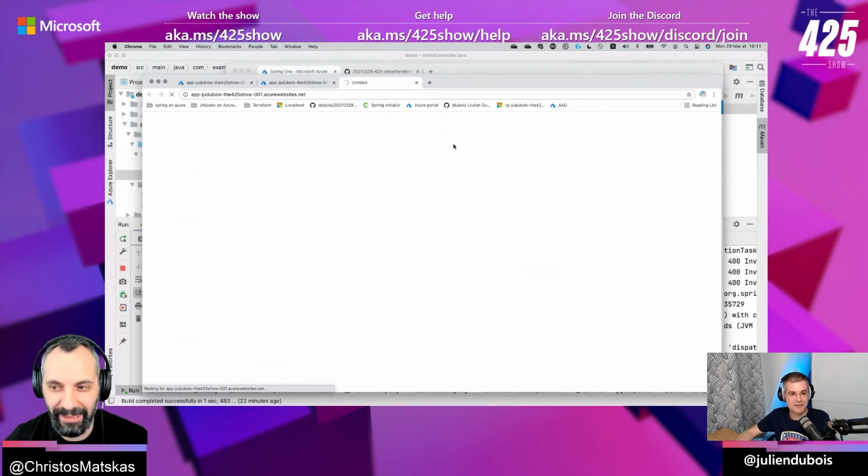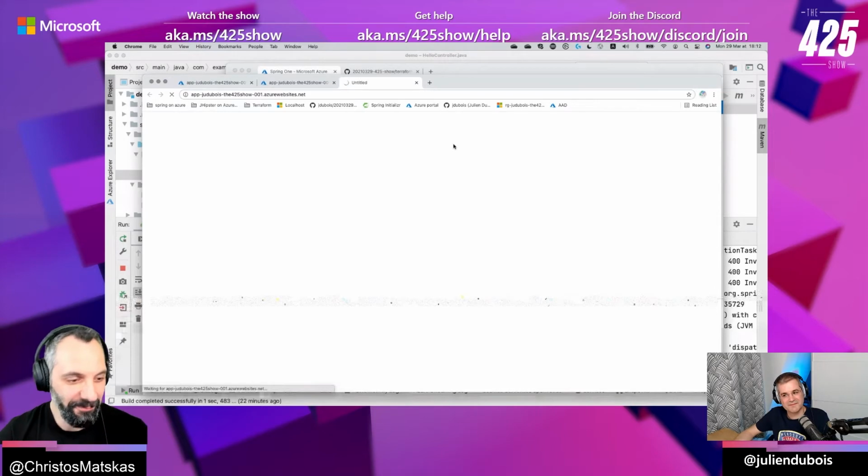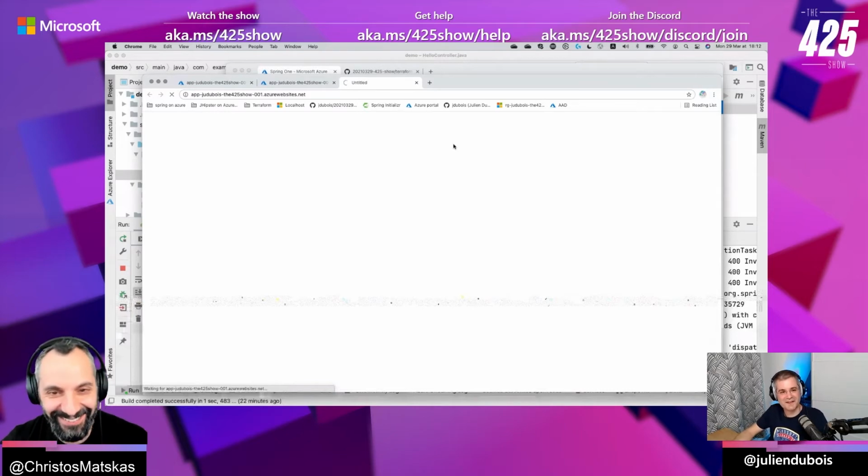It's like restarting IIS when you fix something, back in the good old days of .NET and Windows and IIS. I remember deploying something to production and restarting IIS to get the settings in place, and then holding your breath for like 40 seconds before it happened. And you're closing your eyes and crossing your fingers, hoping that it will work.